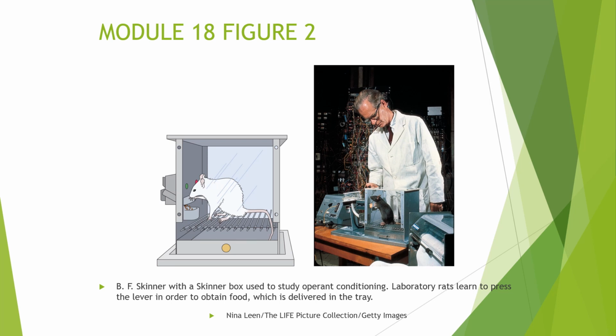You see that there are two lights, a green light and a red light. If the green light comes on, they press the lever and they get food. If the red light comes on and they press the lever, they may not get food. So you can train them to recognize the difference, or discrimination, between these two lights.